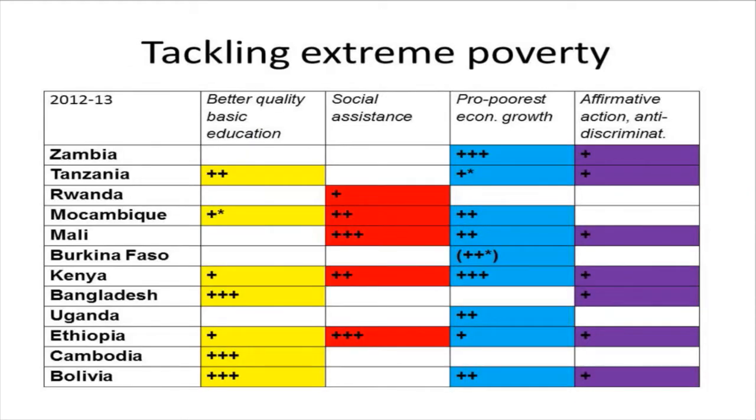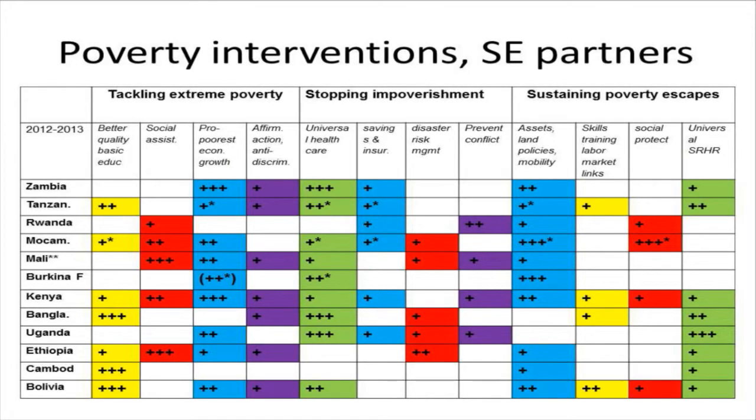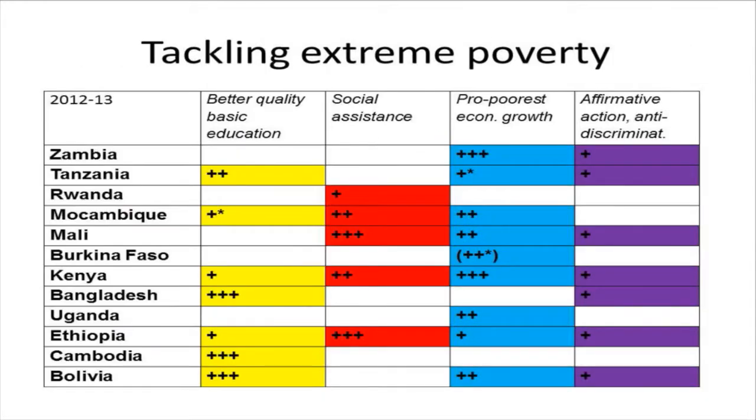So let's move on to more detail here. In the former picture, the leftmost third of that table is here, tackling extreme poverty. Here you can also see the sub-themes: better quality basic education, social assistance, pro-poorest economic growth, affirmative action, and anti-discrimination. According to my assessment,